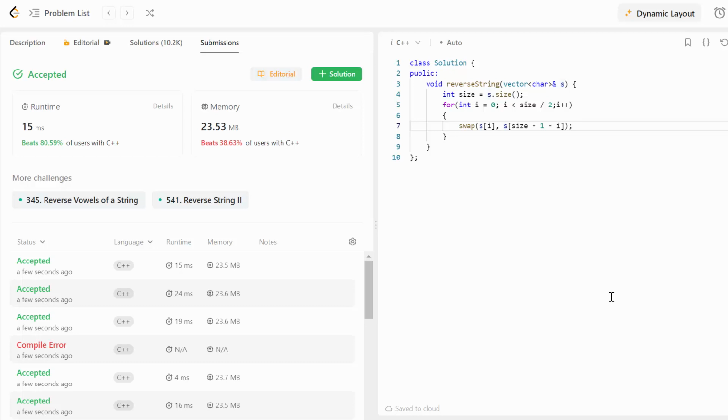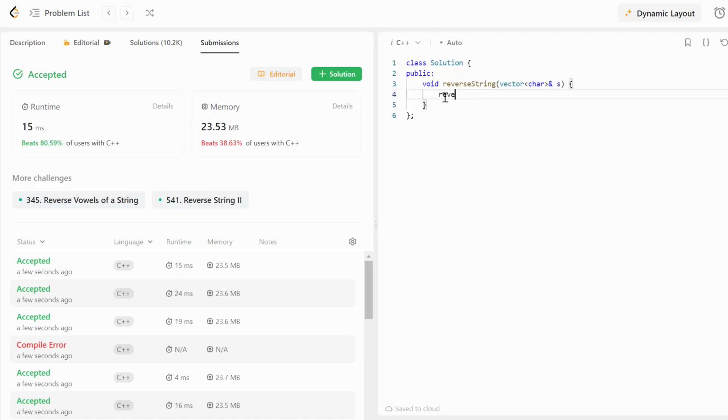Okay, so if there is a built-in function for swapping elements, maybe actually there is a built-in function for reversing a string. And actually you can see that here in our task, we have as input variable a vector, and in C++, in the library algorithm, there is a built-in function that allows us to reverse a vector. I'm not sure if the library algorithm is included here, if LeetCode will give us the opportunity to use it, but let's try, maybe we are lucky.